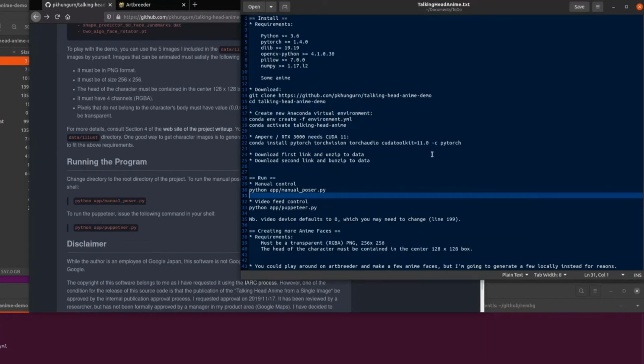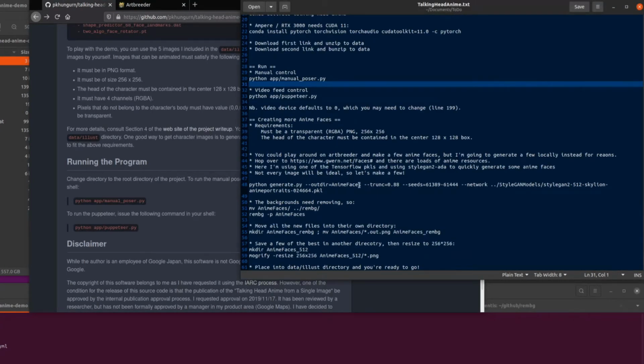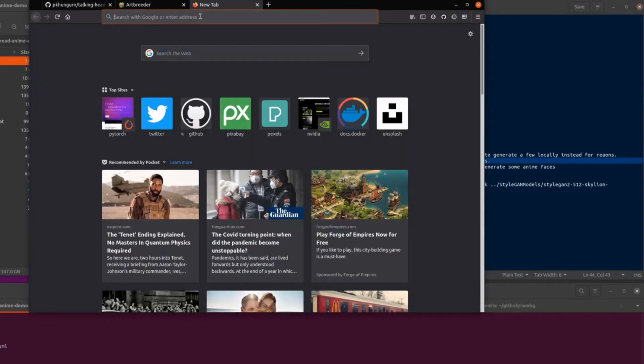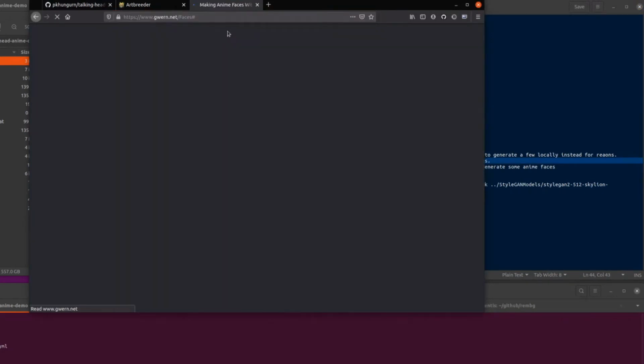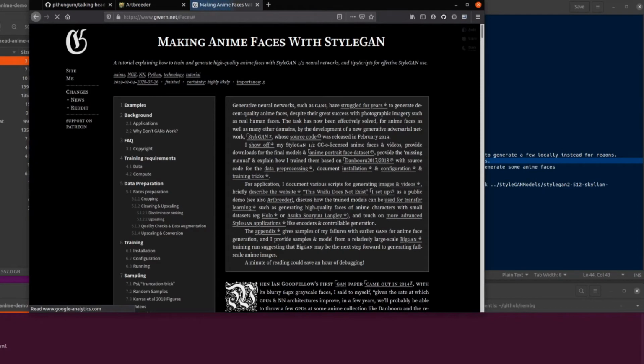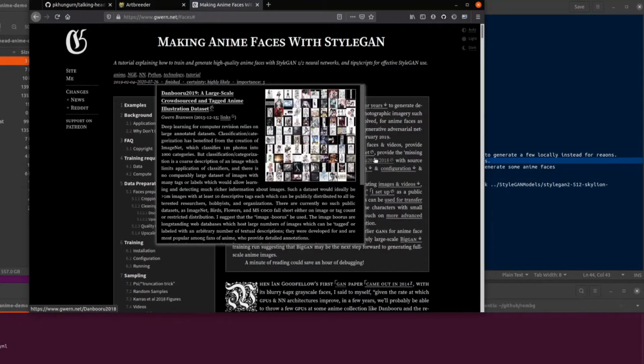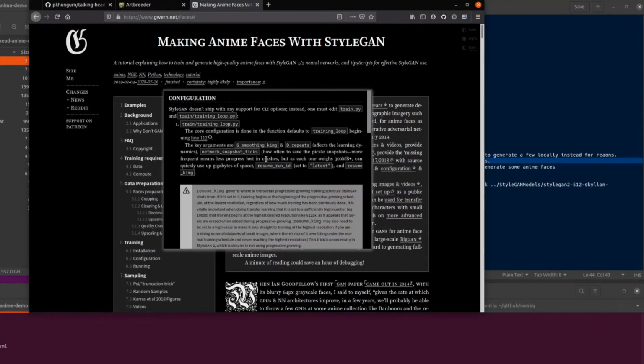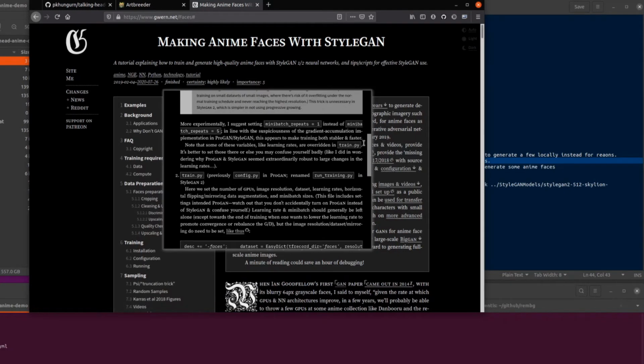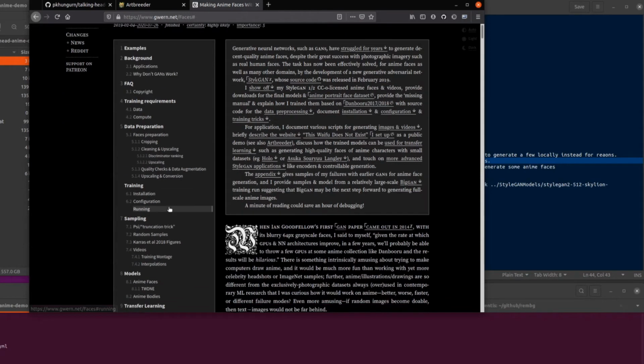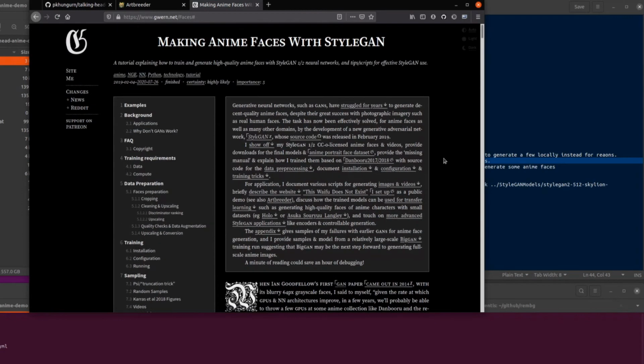And another way, if you are one of those Stargan people, is to use Stargan. So, Gwern, the little website there. So, making anime faces with Stargan, absolutely fantastic website. You've got some really nice pop-ups. The whole thing pops up really nicely. I think it's got nested pop-ups as well. Very nice website. Anyway, so yes, you can download a pickle on there that will help you make lots of